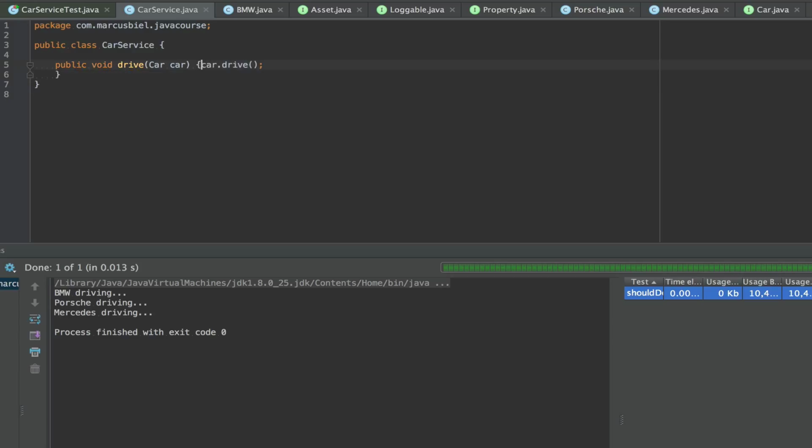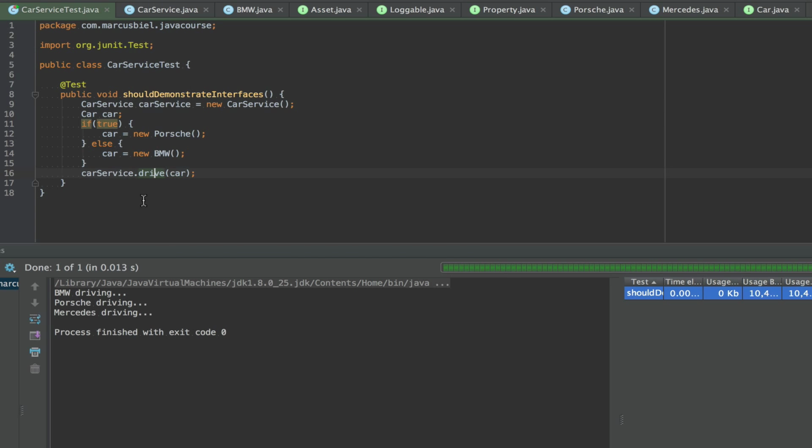So now at runtime, we would decide what kind of car this is. So this really adds a lot of power to our code. It might be a Porsche and it might be a BMW that is given to the drive method. Really cool feature.